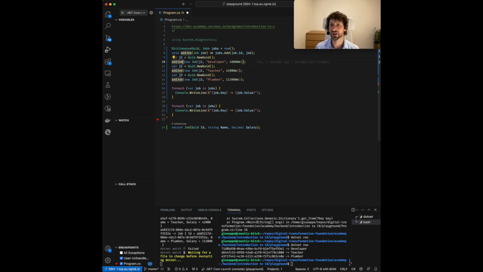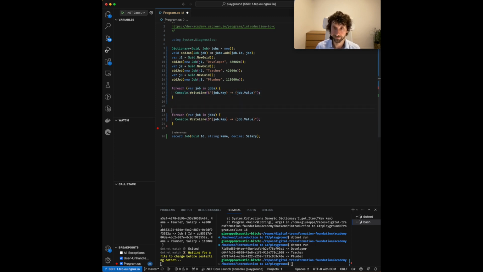So let's say that we've decided to raise the salary of developers by a very reasonable 200%, because software developers are building the infrastructure, the digital infrastructure of the future, and we are very, very important people, and we should be paid a lot. So we print all the jobs, but then, in order to see the difference, we take